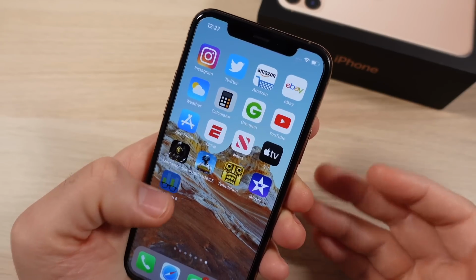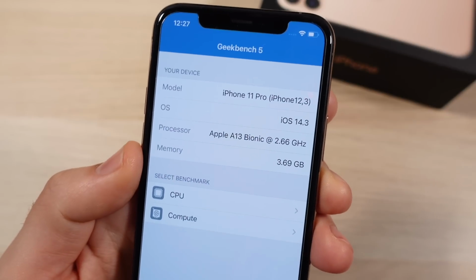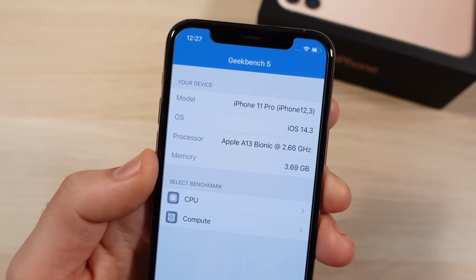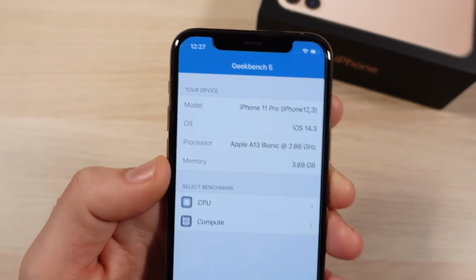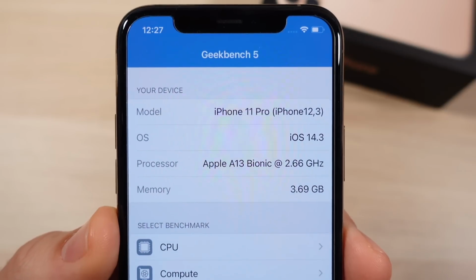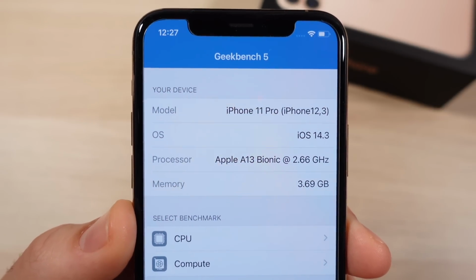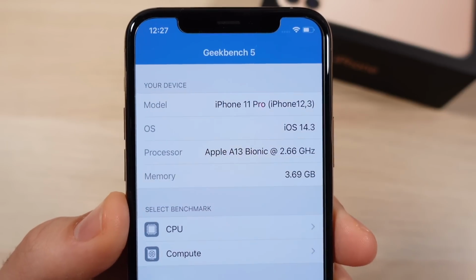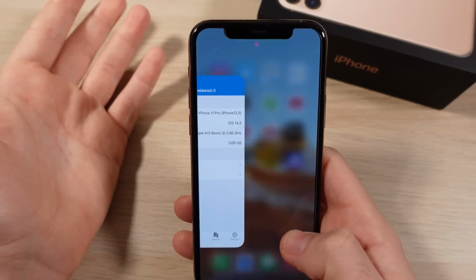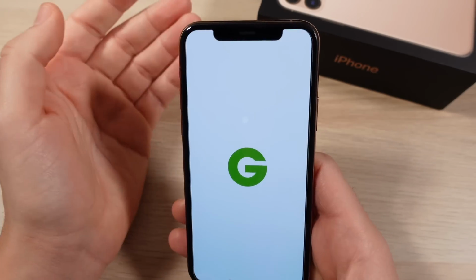So when it comes to the performance, if you watched yesterday's video when I talked about how I could barely even notice the difference between the 11 and the 12, the same thing is the experience for the 11 Pro and the iPhone 12 Pro. You can see this thing's clocked at 2.66 gigahertz on an Apple A13 Bionic. That's a 5 nanometer process when it comes to the chip. This also does have 4 gigs of RAM, and the 12 Pro has 6, but in the real world, the only thing I noticed is that maybe the 12 Pro can hold a little bit more applications in the background,